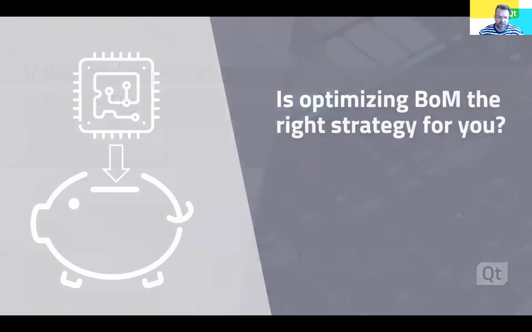So one of the key questions for the old product companies is really: is optimizing the bill of material the right strategy for you? Are you creating your value in your business at the time of the purchase and sales of the device, or is your competition already in the model where